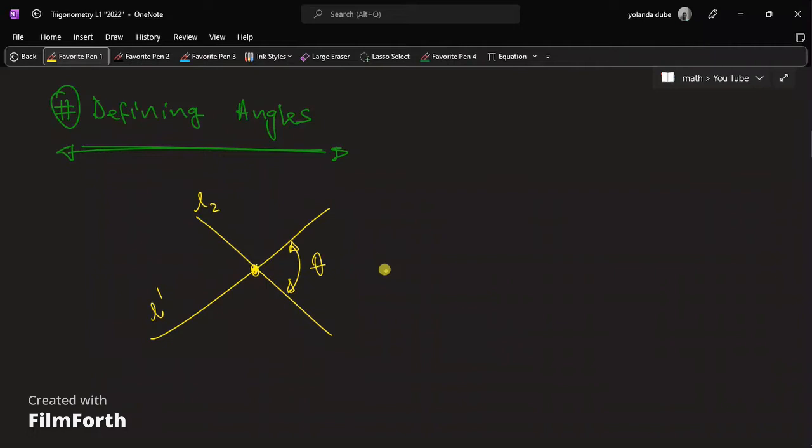You see, the reason why we end up with this issue of having angles that can either be positive or negative is because we have a convention that we stick to as mathematicians, and this convention goes as follows. If I want to measure the angle between any two given lines, the measurement of angles is always done in an anti-clockwise manner. So if I want to measure the angle of inclination between these two lines, I can measure starting from L2 and then turn up